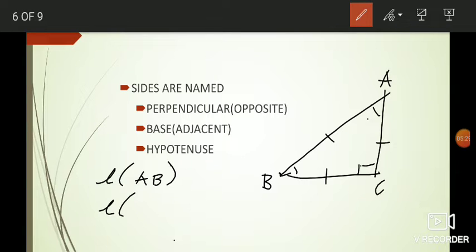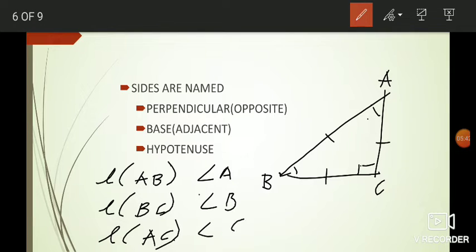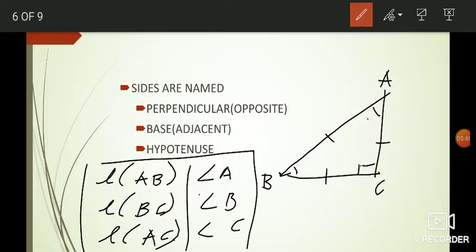I have length BC and length AC. Okay, I have these three sides and even I have three angles, angle A, angle B, and angle C. So these are the six elements of a triangle. Of any triangle, I am not just talking of right angle triangle. Of any triangle, there are six elements, and everything in the trigonometry will revolve around these six elements, and